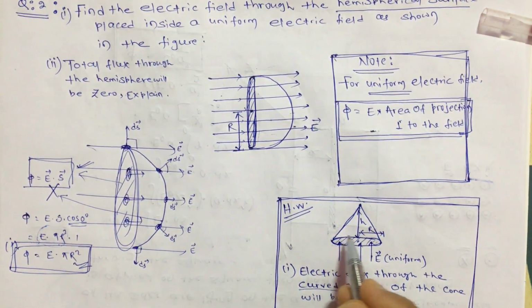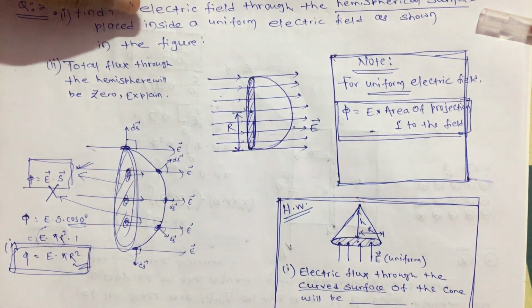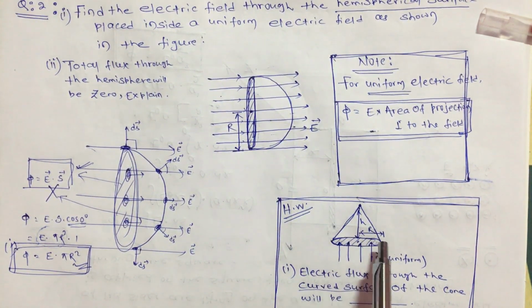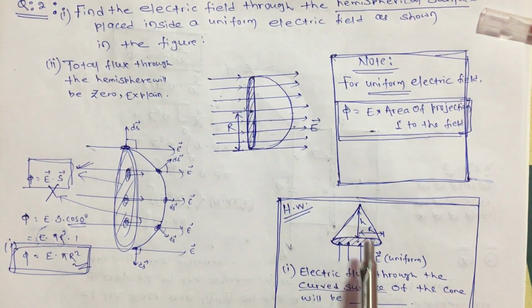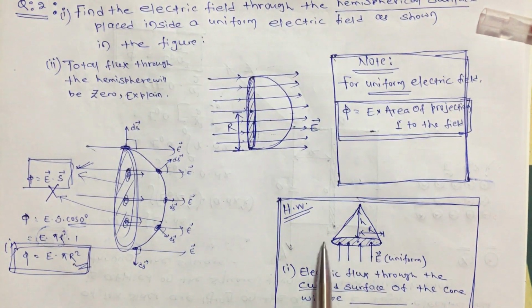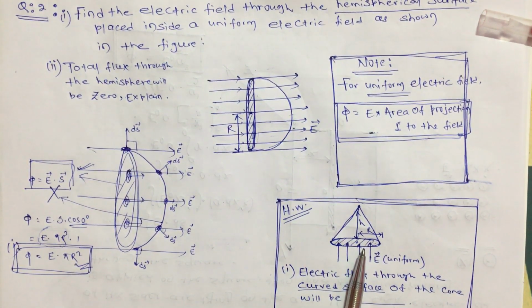But actually, again you will see that for the curved surface, the electric field is not making the same angle all the time. Electric field is making a different angle at different elements on the curved surface. But you don't have to find the flux through this. You can find it through this surface, because the electric field is moving like this. And if you look at this cone from this direction, it will not look like a cone. It will just be this flat surface visible to you, and I can tell that this flat surface is the area of projection perpendicular to the direction of the field.